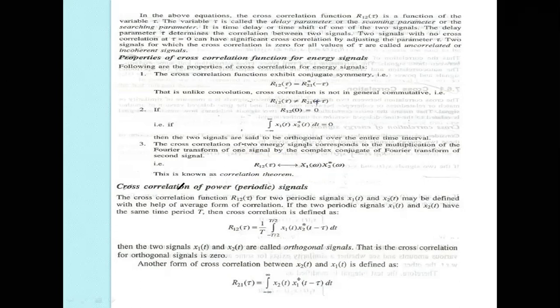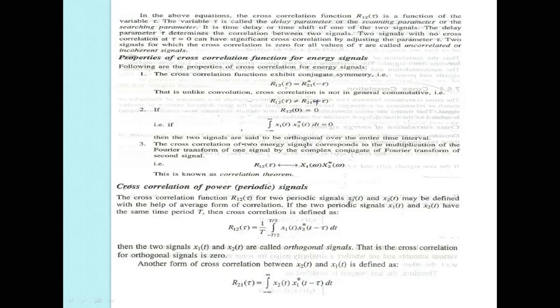Now take the second one here, the correlation of power signals. These are energy signals we completed. Now the power signals. Same formula you have to use, but the R12 of tau is with 1 by T, the integral from minus T by 2 to T by 2. The cross correlation function R12